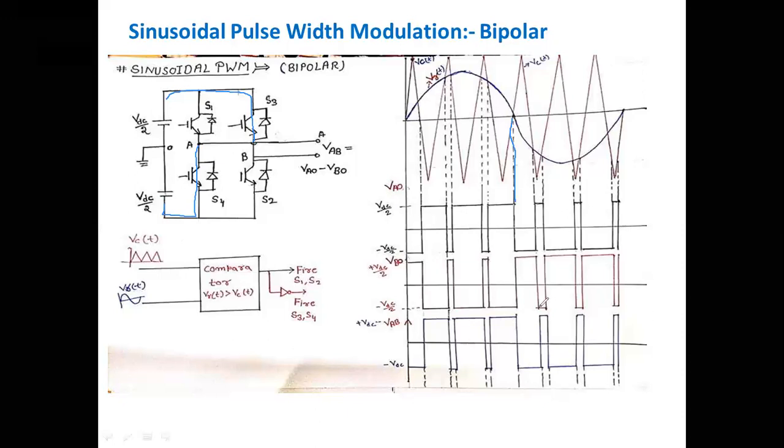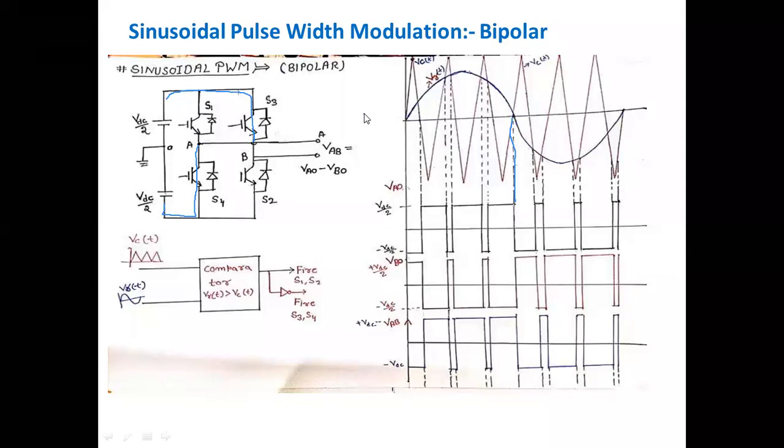So what you have learned here, or you can simply say that in the positive half cycle, what will happen? When VR0 is greater than VC0, then switches S1 and S2 are triggered and VA0 is positive and VB0 is negative. Similarly, for the negative half cycle, when VR is greater than the VC, your VA0 is positive and VB0 is negative. Okay, so you can draw this waveform at home with paper and pen, and you can find this very easily. I hope it is clear to all of you.